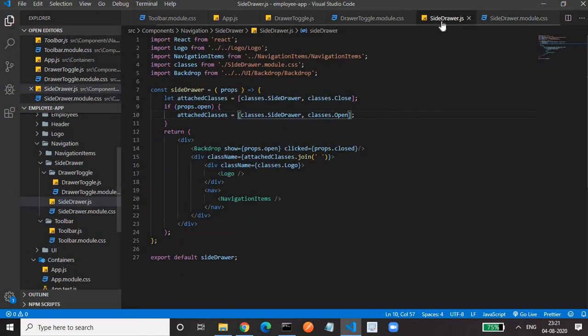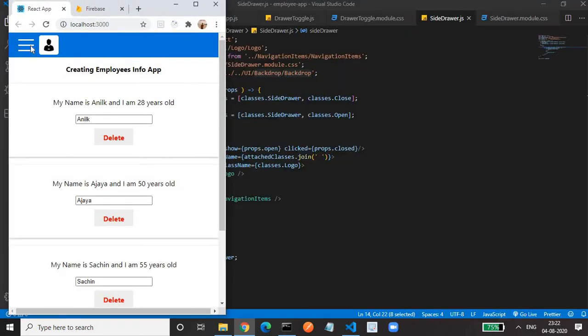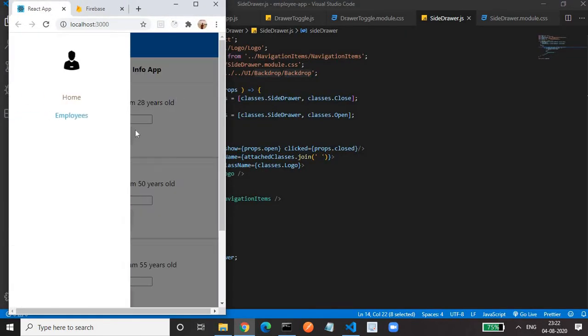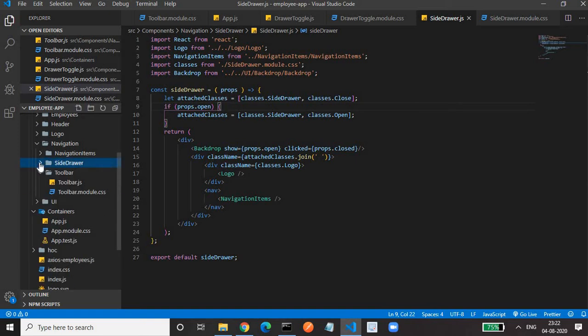With the sidebar we also have a backdrop. When our sidebar opens, on click of this hamburger icon, we get the sidebar and we also need this backdrop. This is the backdrop, the gray area. If you go to the backdrop component, we can see that also.